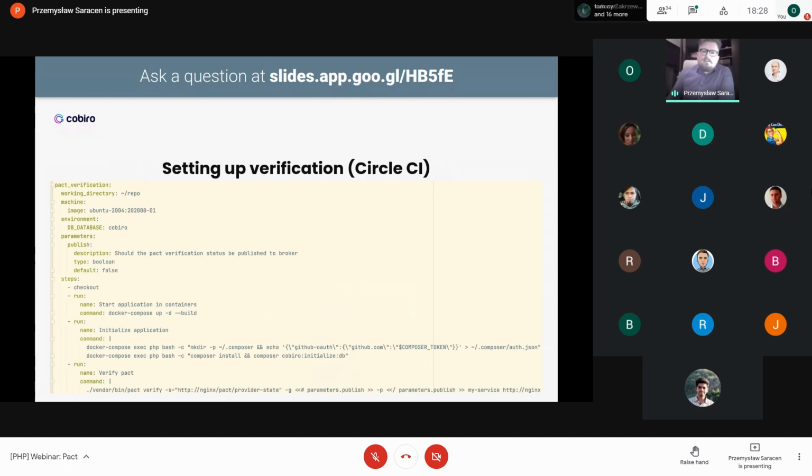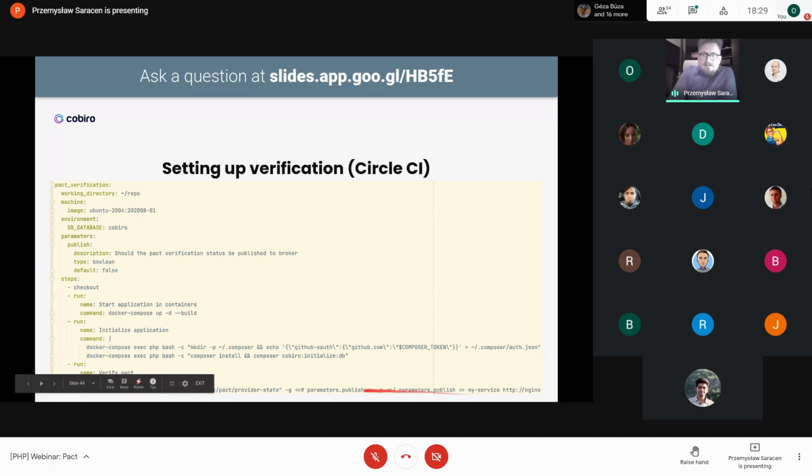And in this case, it's using Circle CI because we use Circle CI here in Cobiro. Of course, a copy of this presentation will be provided to you offline, so you can read into it at your own time. But the most important piece of code here,